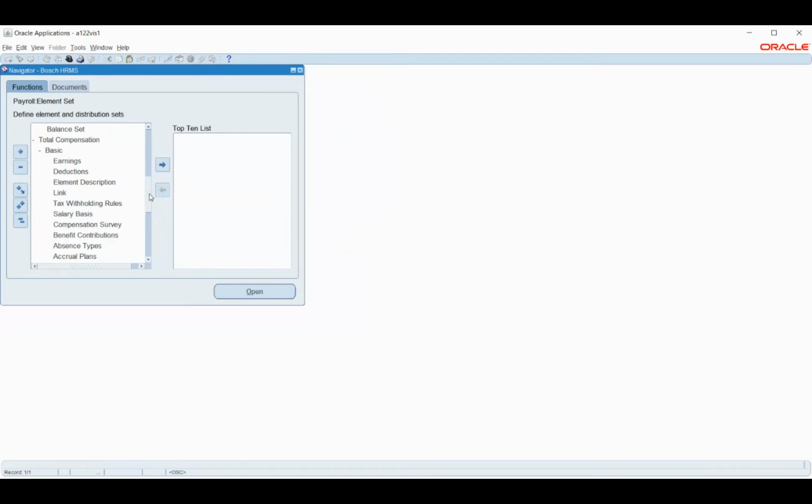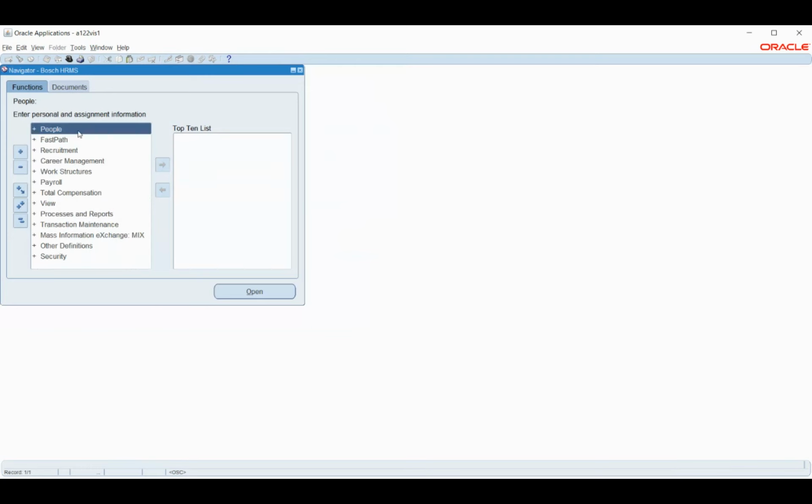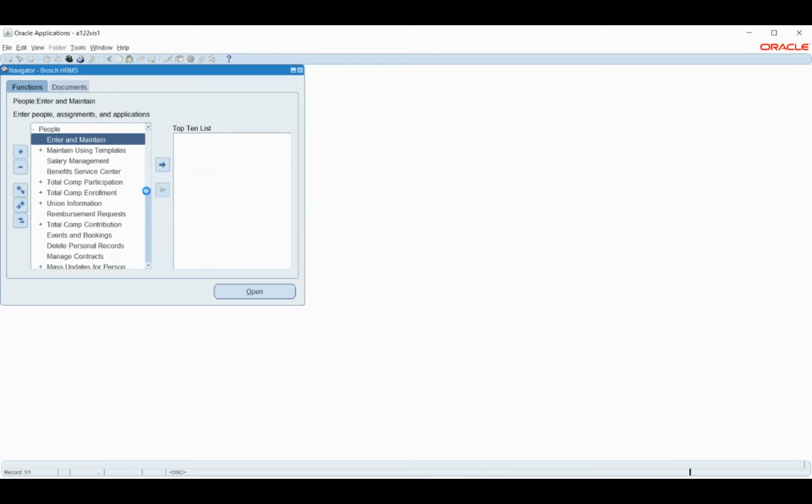For that, we will have to create multiple employees. So before that, I'll run this payroll for an individual employee. I'm not running it for the entire company, or the entire set of payroll run. Instead, this is just one employee.